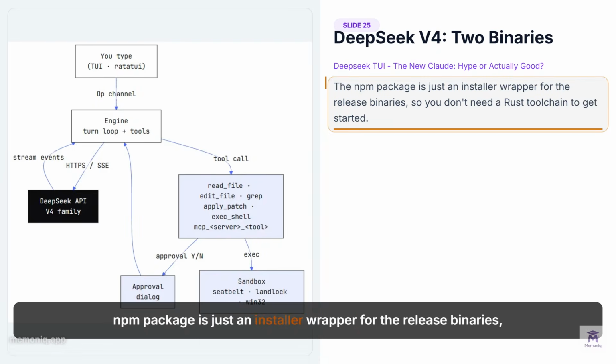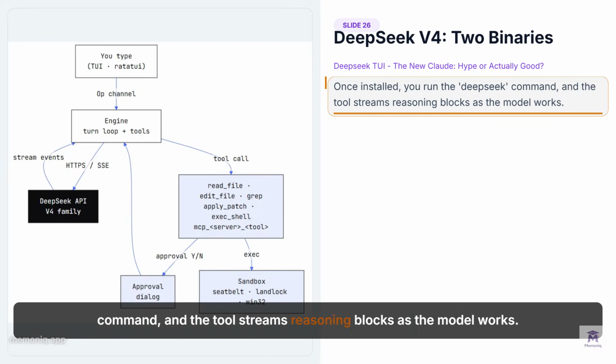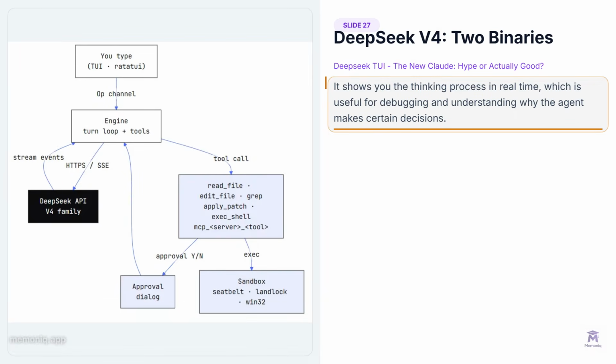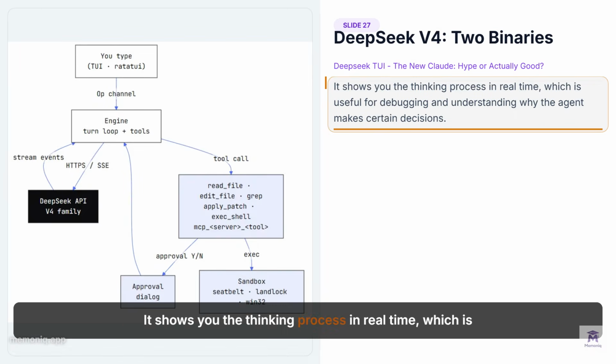The npm package is just an installer wrapper for the release binaries, so you don't need a Rust toolchain to get started. Once installed, you run the deepseek command and the tool streams reasoning blocks as the model works. It shows you the thinking process in real time, which is useful for debugging and understanding why the agent makes